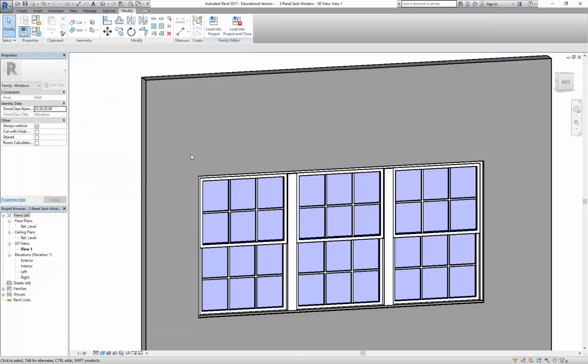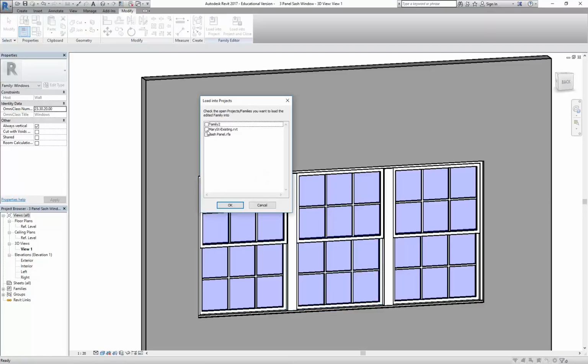So that's done. I'm going to save that file. And so have a go at assigning material parameters to the families that I've given you on the P drive. So it looks exactly like this, but without the materials. And then when you load it,